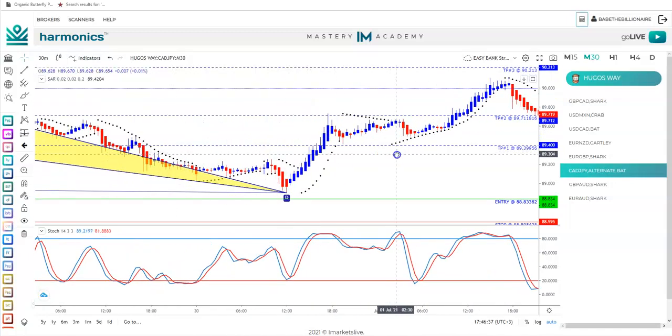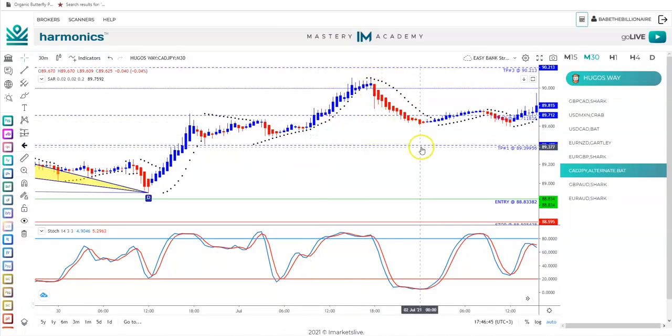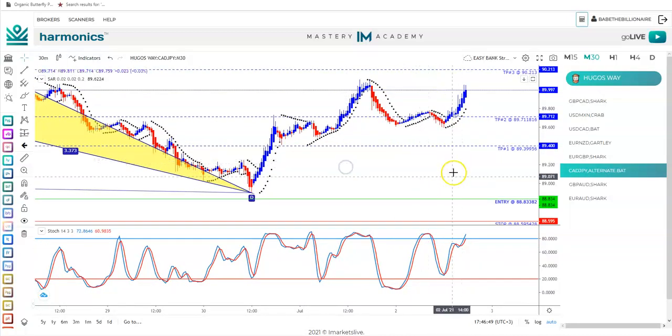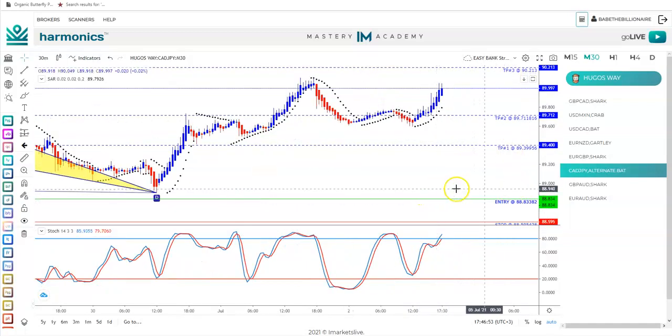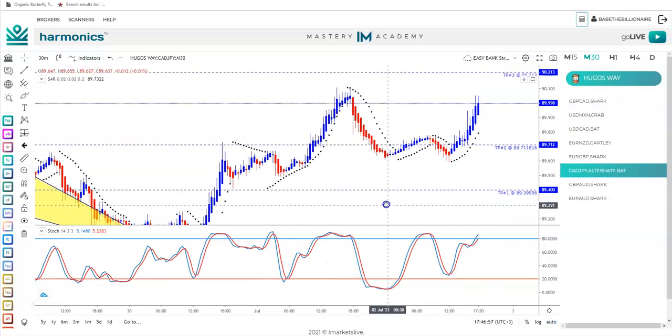Because what we want to wait on is we want to make sure we have that flat bottom candle for a buy and a flat top candle for a sell. Okay, so you can actually stay in this. You don't have to have necessarily the TPs here. You can create your own TPs if you like. And how you do that,